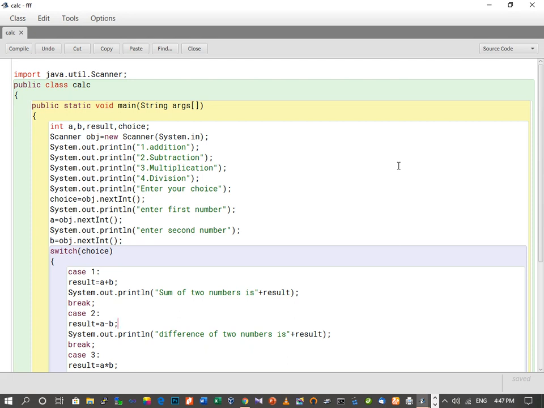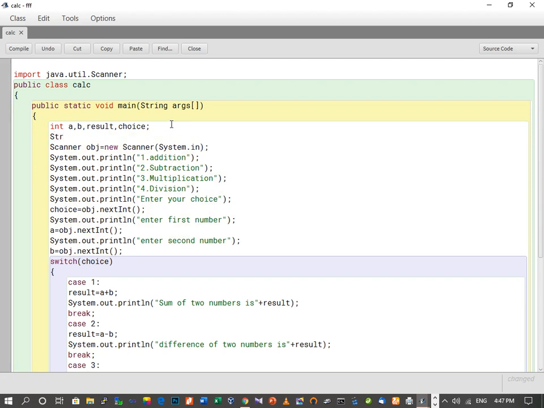One more thing we will need to add is a choice from the user whether the user wants to continue or not. For that we will take a string value from the user, and let's see how to do that. So first thing we will declare: the string is a non-primitive data type which refers to an object. So here we are going to create a string kind of variable. Suppose I take a variable x.